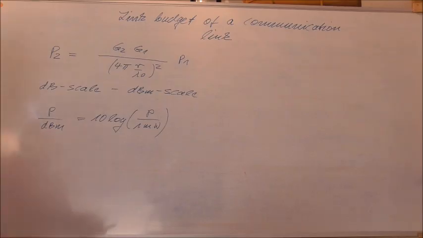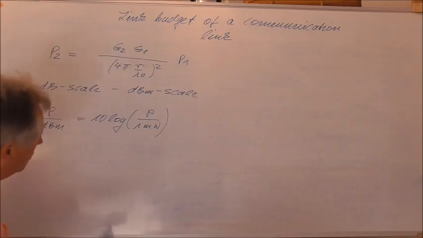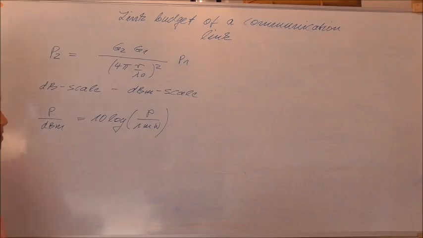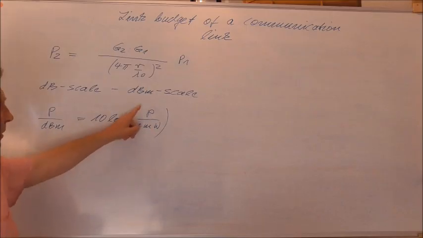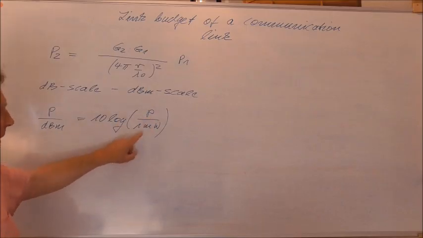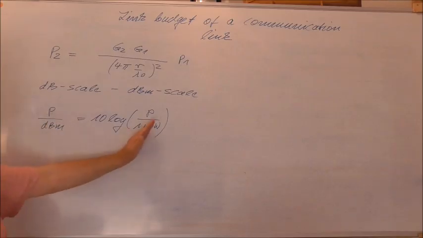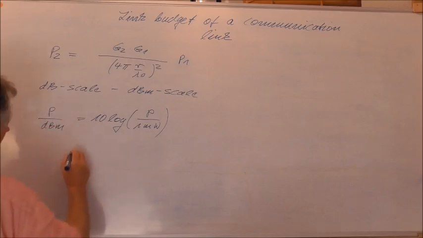So this equation makes no sense in a mathematical sense, because we use the same value P on both sides. But on a physical basis, I can argue that in this equation I use the power in watt. Of course, if I divide it by 1 milliwatt, it will have no dimension anymore. And so I can convert it into the dB scale, or, if I have the power given in dB,